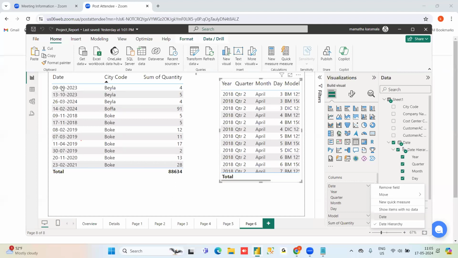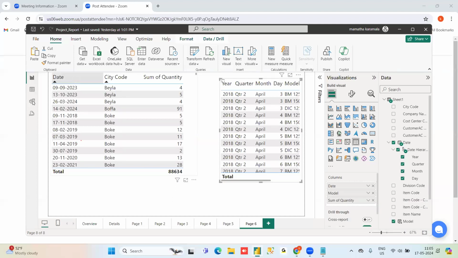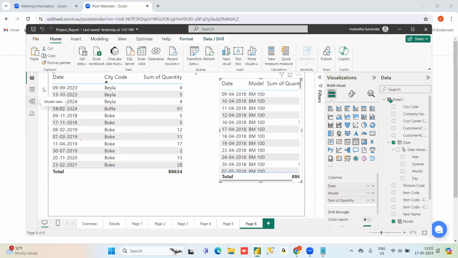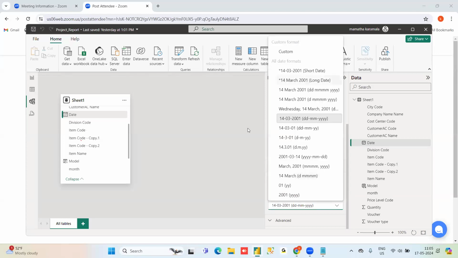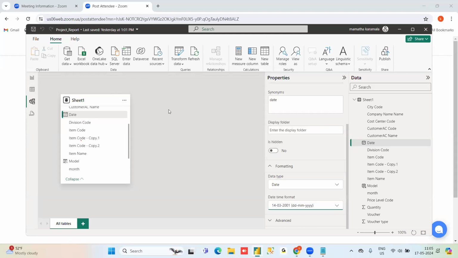I have just selected this visualization. Then we have different places. I am discussing here in the model, and just select that particular column. In the properties, you need to change it. And formatting, these all are like in Word or Excel, how you do the same thing. In the properties, you need to opt which format you want. That's it. Okay, ma'am? And coming to here, I want to show one important topic here.